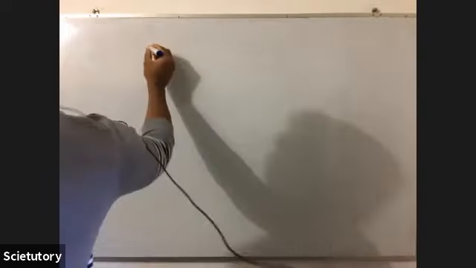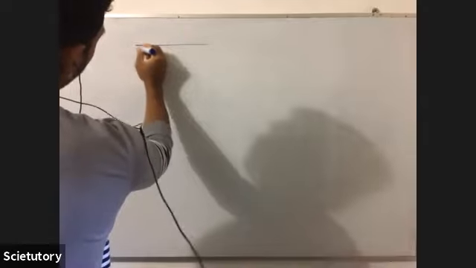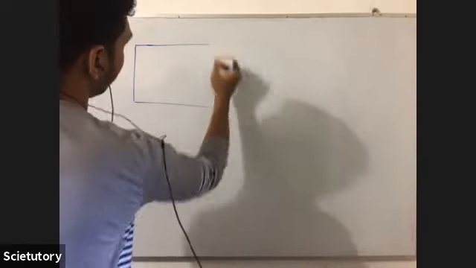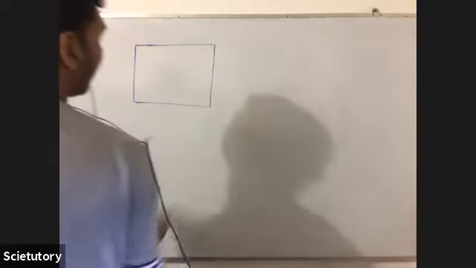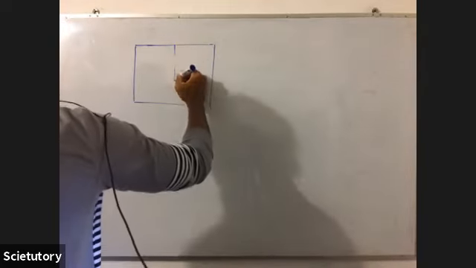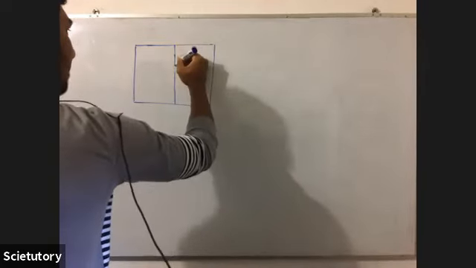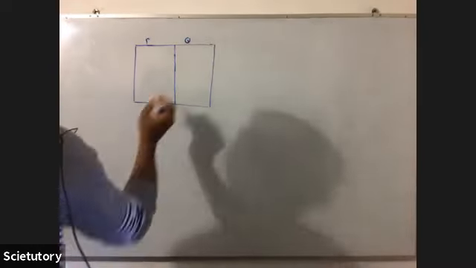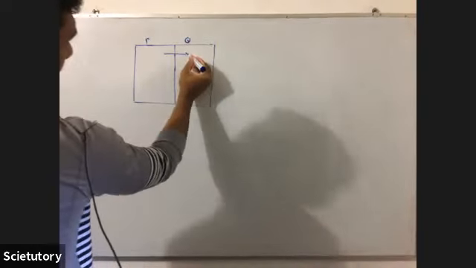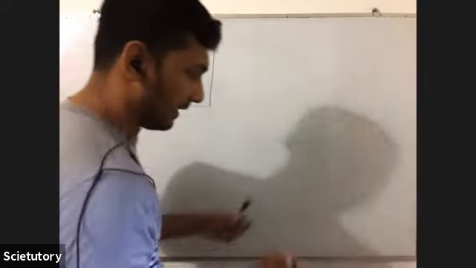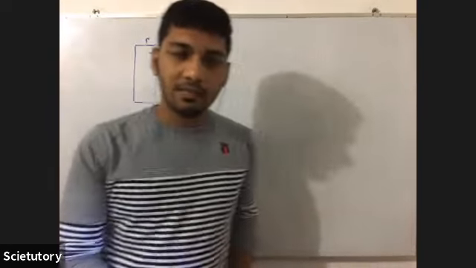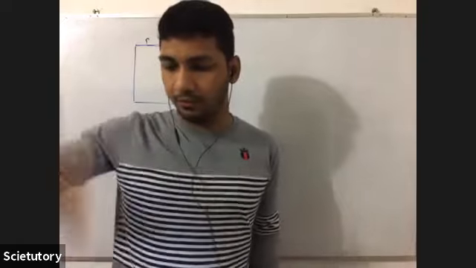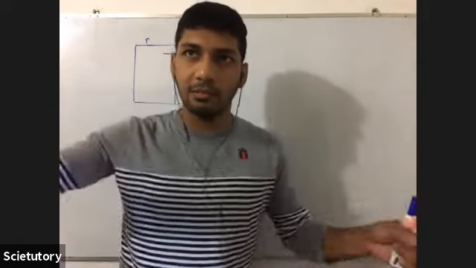Okay, so let's draw. But you are not supposed to draw when you are doing such a question because you are literally wasting time. But for explanation purpose, I'm just drawing. So this is room P, this is Q. So that person is moving from P to Q, and he is observing a thin film of water getting deposited on his lens.